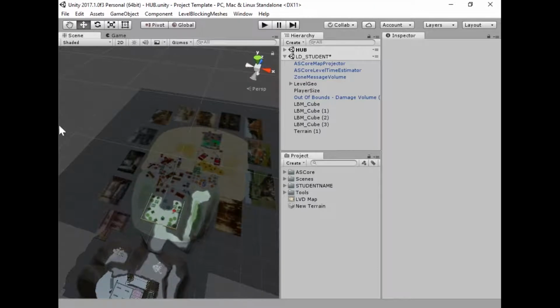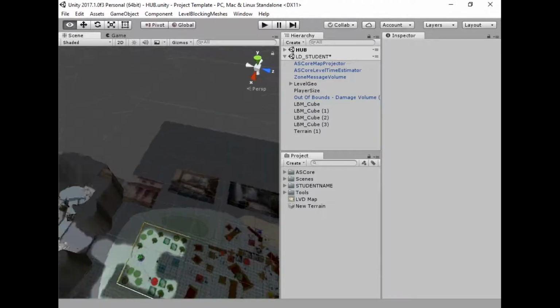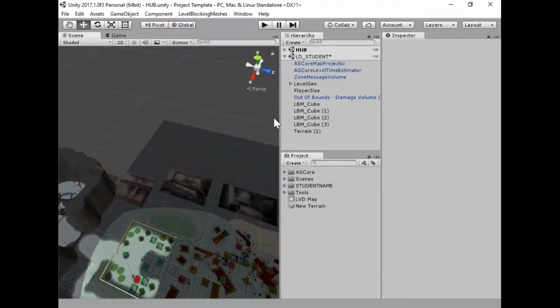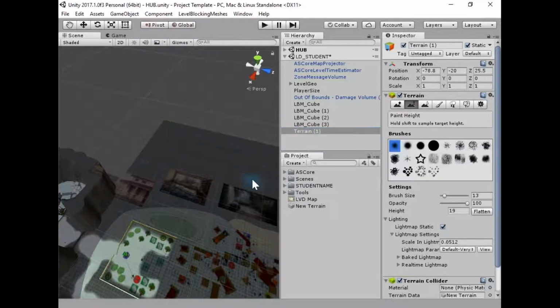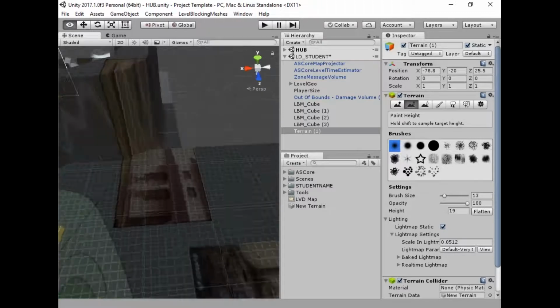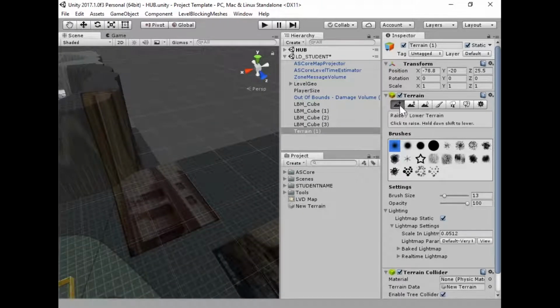Also, real quick, my level should not exist out into a nothingness of pit. I don't want to see the edge of the world unless I'm creating a visible beach, and then I should be able to walk only as far out as I want the player to walk. So I'm going to go ahead and create a mountain range on the side here. Let's find a height that's about the same as the one for the